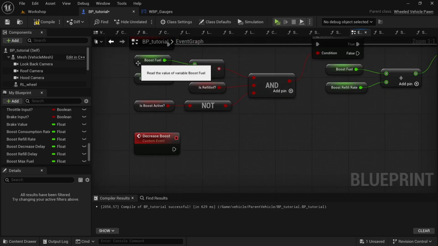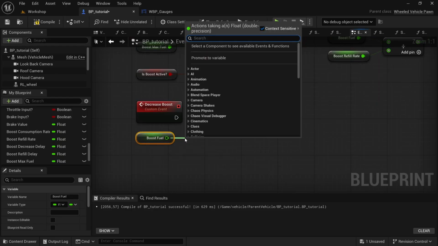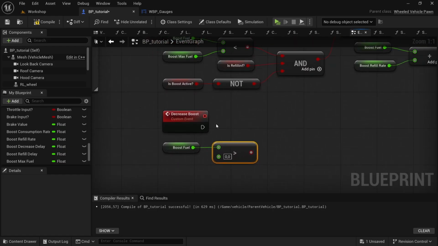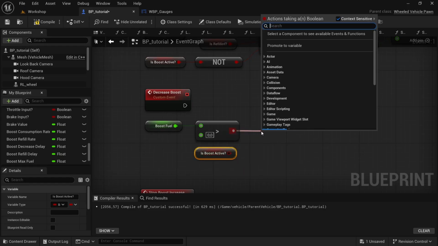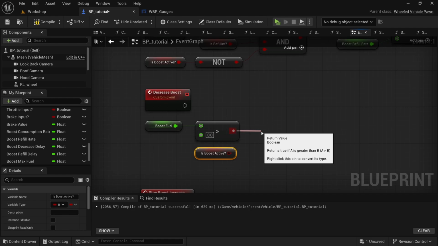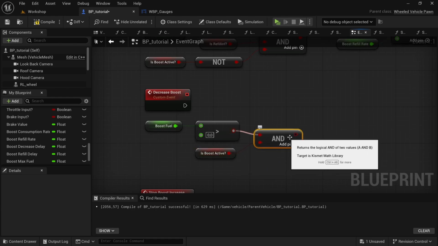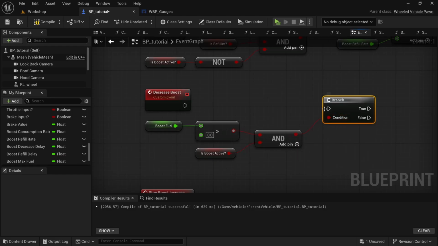So then we're going to select the boost fuel, Control D, then we're going to drag off from there, we're going to look for greater than, and then we're going to leave it at 0. And then we're also going to take the is boost active, Control D this as well, and then from the greater than, we're going to drag off and then look for and boolean, connect the is boost active to the and. Then we're going to hold B, left click, connect this to the condition, connect the execution pin,